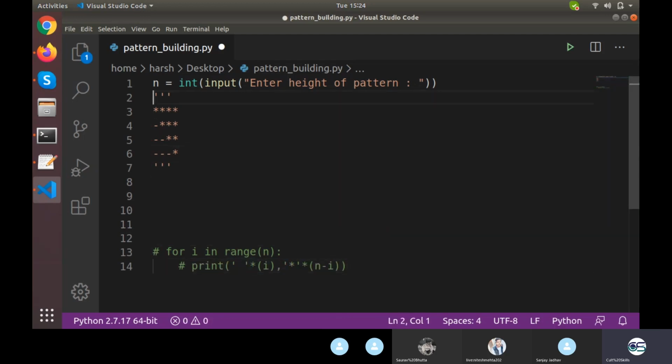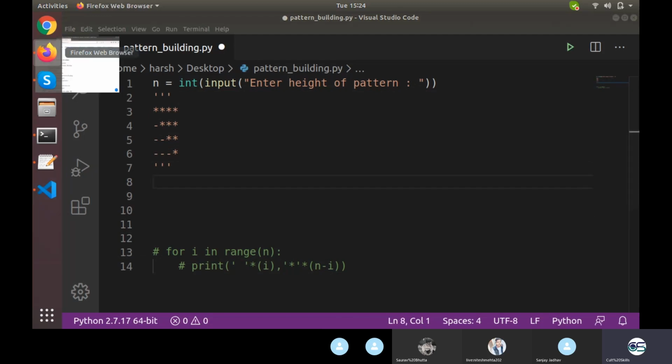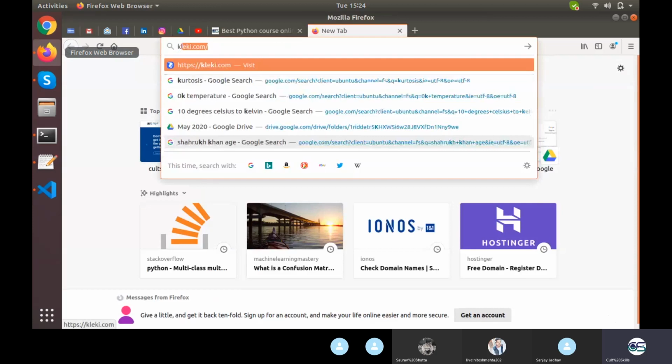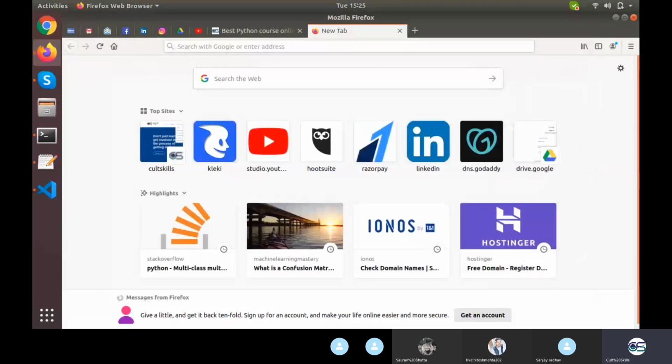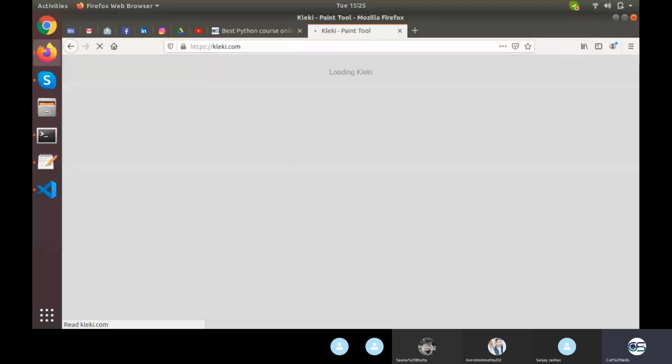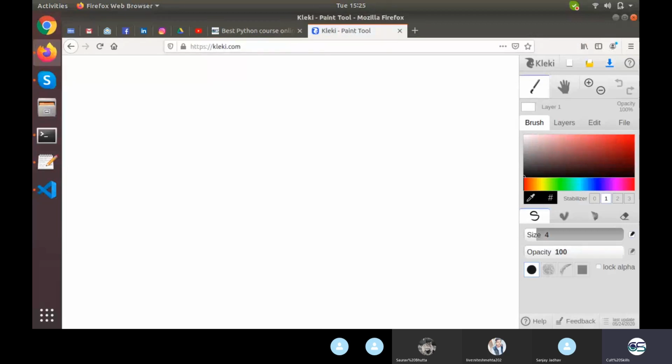So what you need to do in order for this is, let's make a chart. I'll be using the paint tool for now. Our star pattern is something like this as of now.